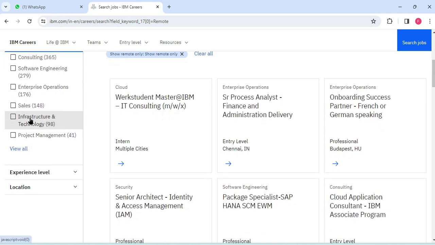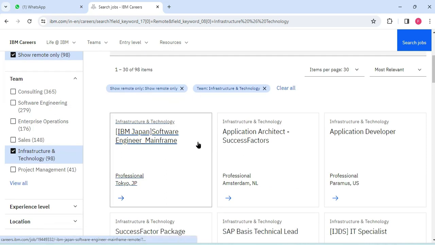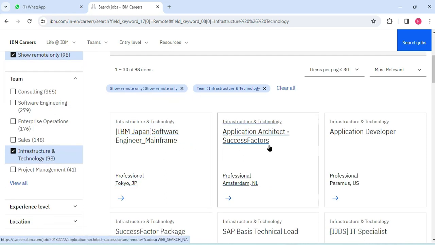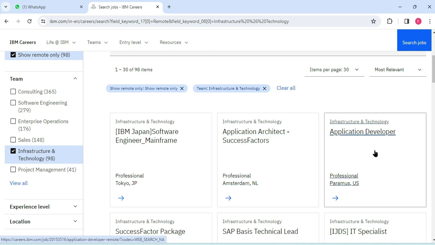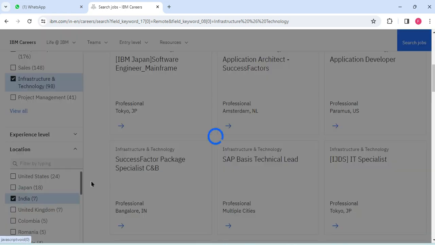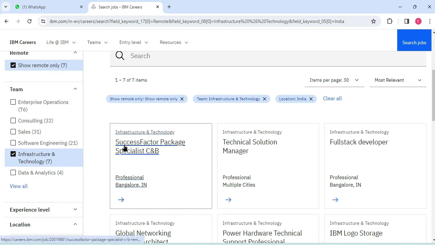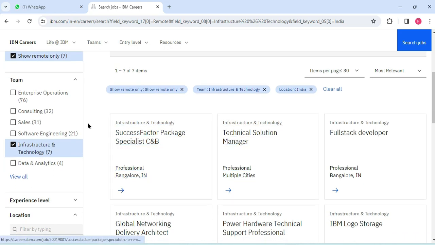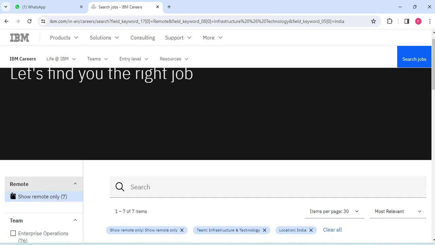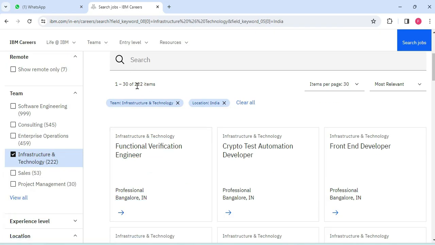here. If I write infrastructure and technology, you will be able to see software engineer, application architect, and a lot of other application developer roles. Now you can also filter various locations. Let's say I am searching for India, which is for work from home, because there are only 7 remote jobs based out of India. You can just untick this if you don't want remote only, but yes, there are now 200 jobs